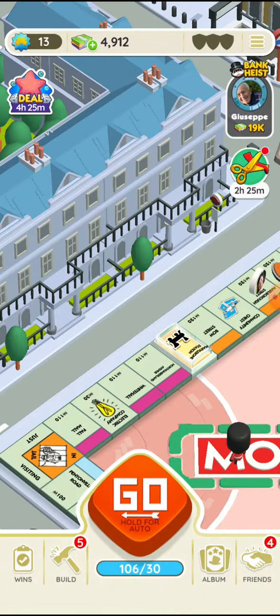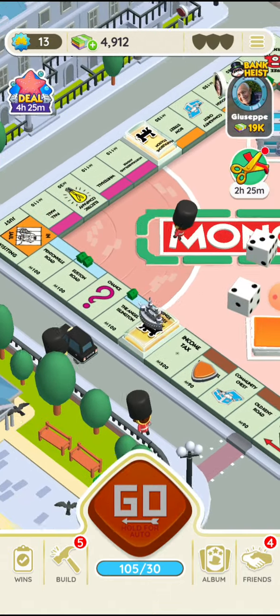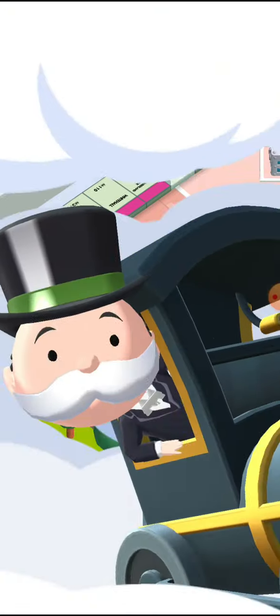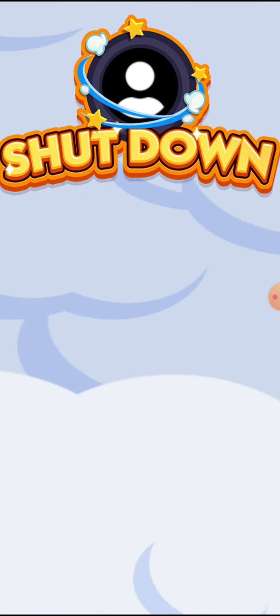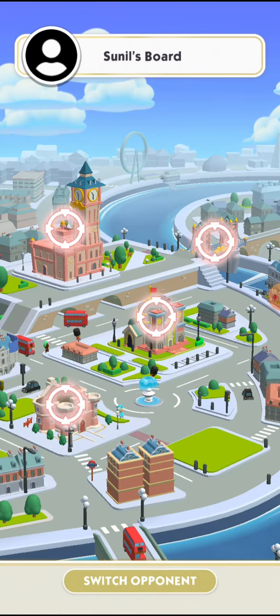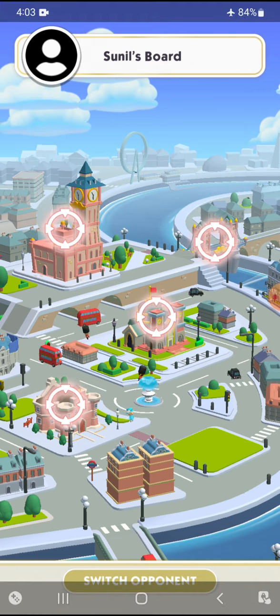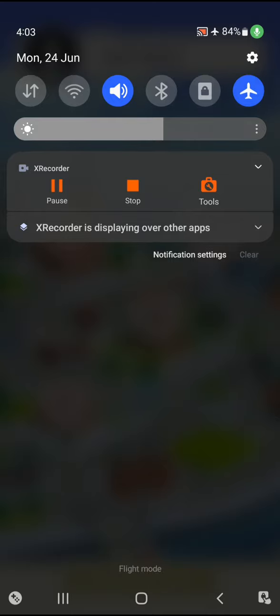So after enabling it, you just have to start playing Monopoly Go application, and once you do this you can see that the glitch of the airplane mode off is not showing over here. It simply means that you can now use Monopoly Go with the help of the airplane mode. As you can see, if I swipe down, you will notice that my airplane mode is on, and currently I